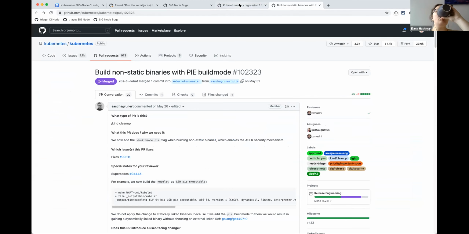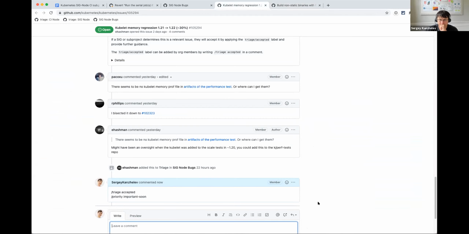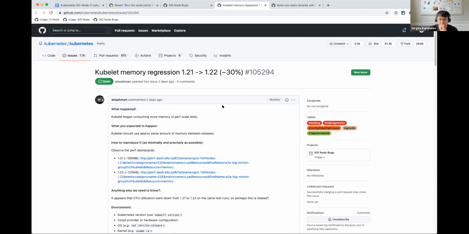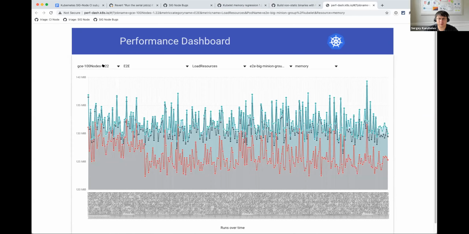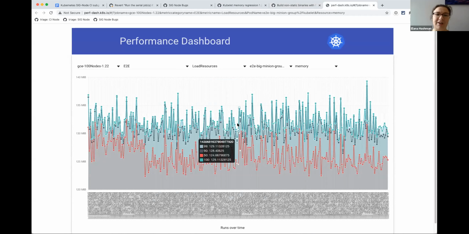Sasha, fixing it. I mean, fixed it already. Do we need just to validate? Yeah, you can click on either of those links and they'll show that the memory footprint has increased. 1.22, right? Yeah. It wasn't cherry picked yet. Oh, this wouldn't be cherry picked. This is a build change.